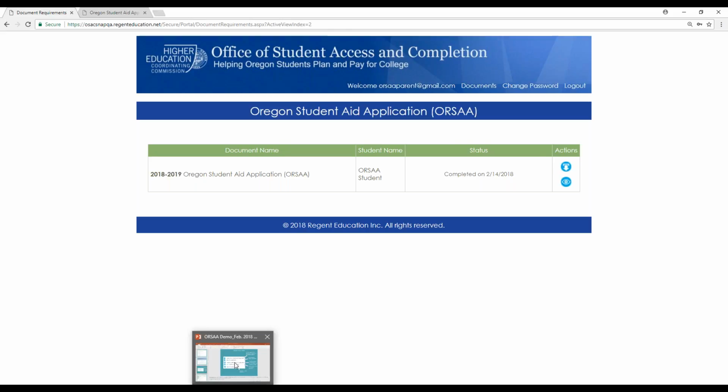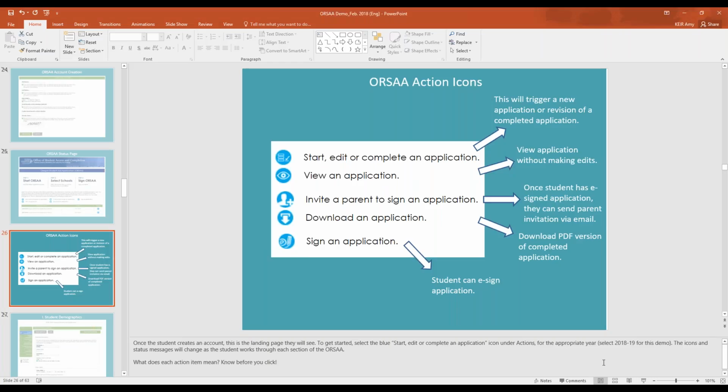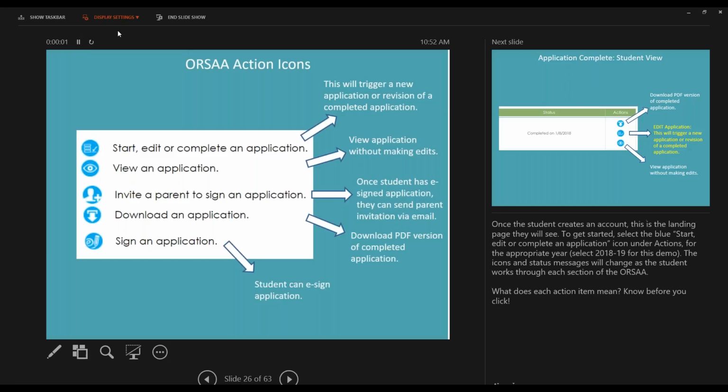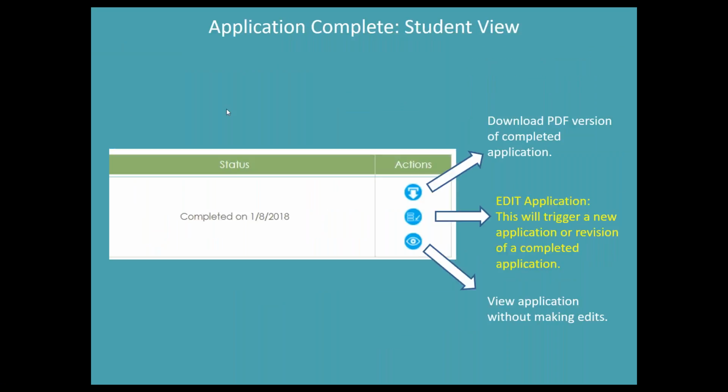So I'm going to jump back to our slides. So if the student were to go back into their application right now, this is what it would look like. It would show the status as completed, and the options they would have now are to download a PDF of their completed application, or they can view it with the eyeball button. They can view the application without making edits. Or the other option, if they click this middle icon, then this will trigger a revision of the application. So if I needed to fix